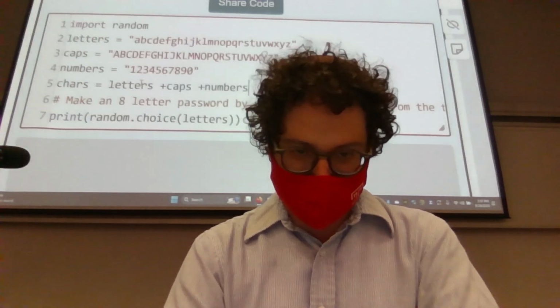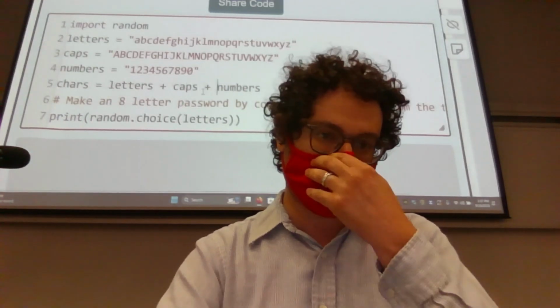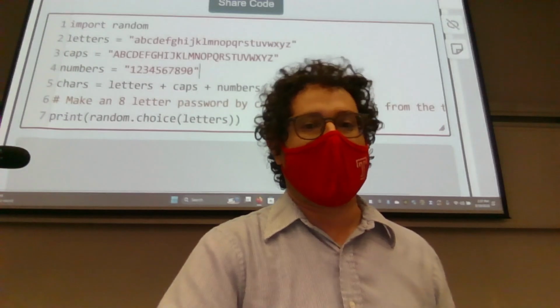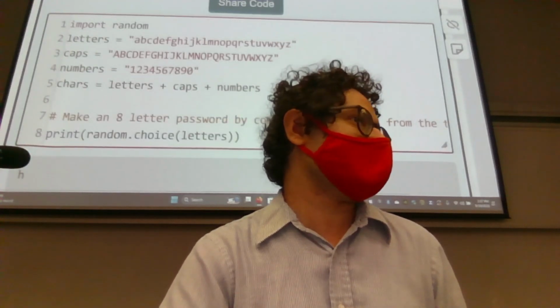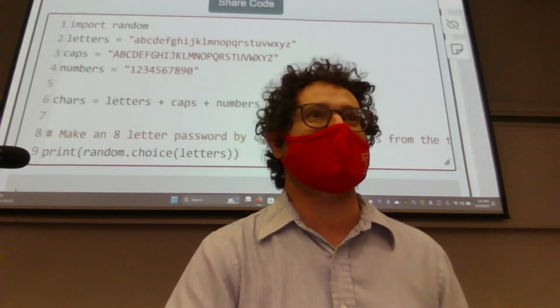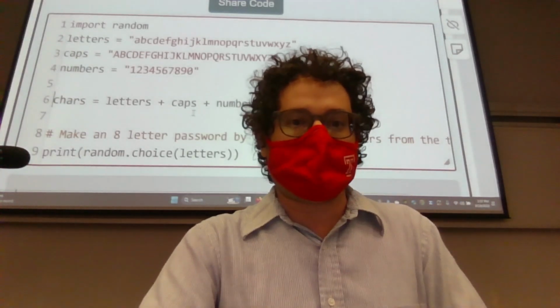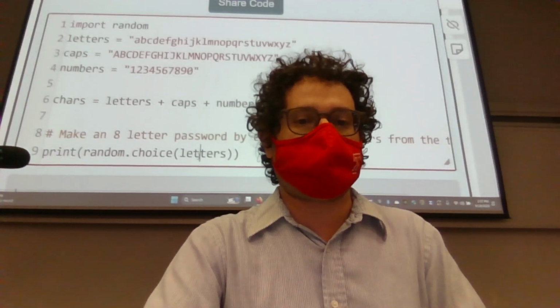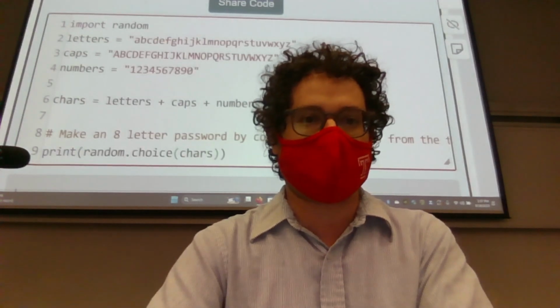It's a bit weird to think about, but you can add strings together, which is concatenation, a fancy way of saying you can glue strings together into one mega string. Now that we have this, instead of doing random.choice for letters, we can do random.choice chars, and that will work for any character.